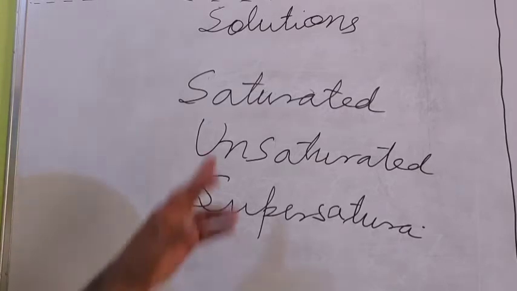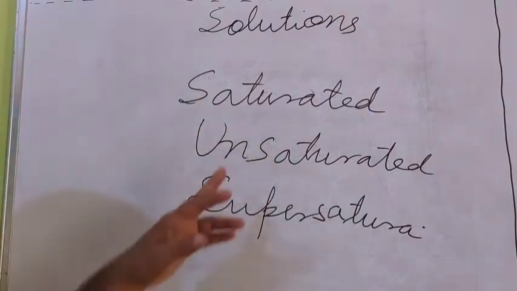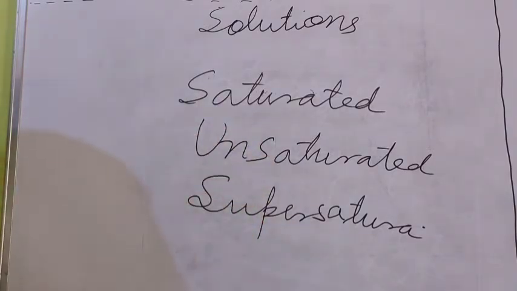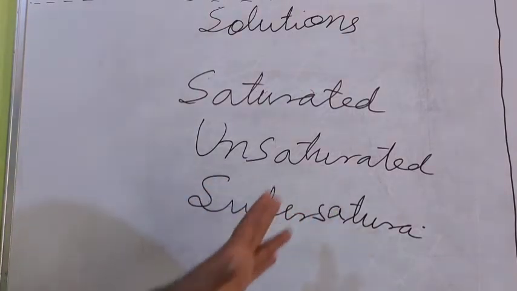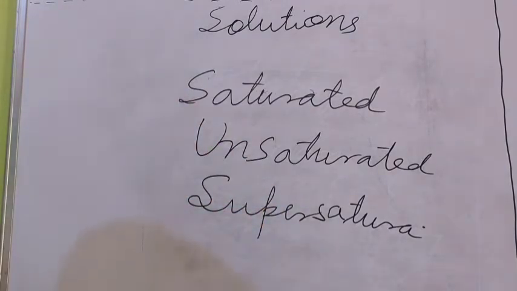So saturated solution, that is at the normal room temperature, maximum amount of solute which can be dissolved, that is known as saturated. And if the less amount of solute which is dissolved at a room temperature, then that is known as unsaturated. And in the saturated solution at normal room temperature, when temperature decreases, then some extra solute which is dissolved in the saturated solution, that is settled down at the bottom, then that is known as supersaturated solution. So these are the some solutions.